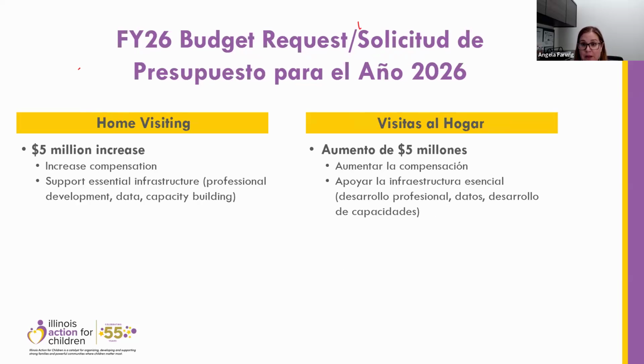So another line item that we always want to advocate for is home visiting in the DHS budget. Here we're looking at a $5 million increase to advocate for in the FY26 budget. Again, we're always trying to invest in our essential early childhood workforce, which includes home visitors. And we're also thinking about the really important infrastructure in our state. Illinois is definitely a leader in home visiting, and we are building out that infrastructure to ensure we have really strong professional development, data, capacity building, et cetera. So we'll definitely be advocating for that as well, again in partnership with our advocate organizations.